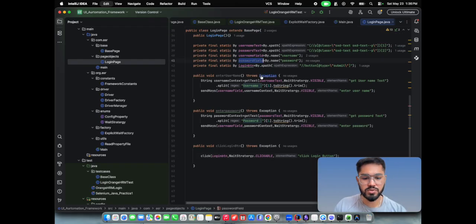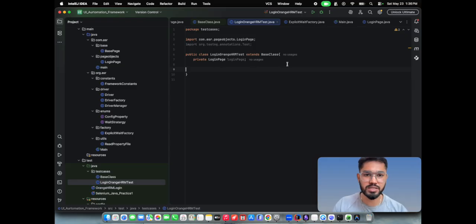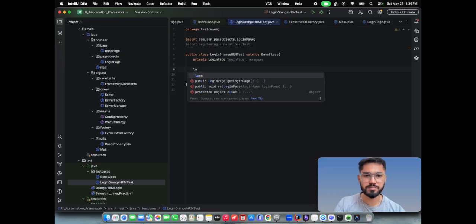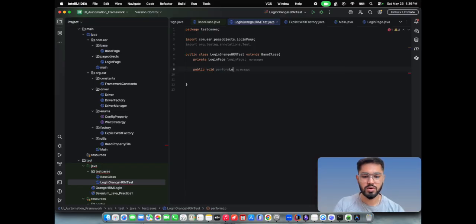These are all the things done. Okay, password field, all these things we have done. So for the login page we have performed all the actions and locators identification, and now we just need to use it in our login page test class. So here I just wrote it as private login page, and we need to extend this base class, and post that I need to write a method, public void perform login flow,